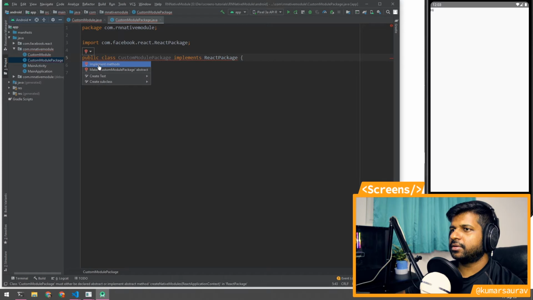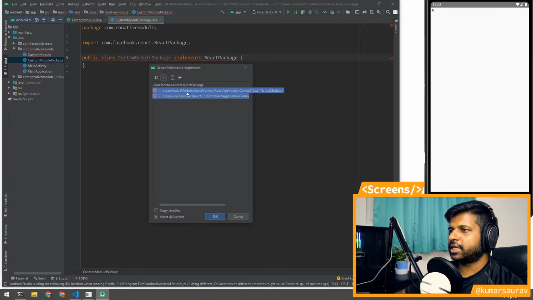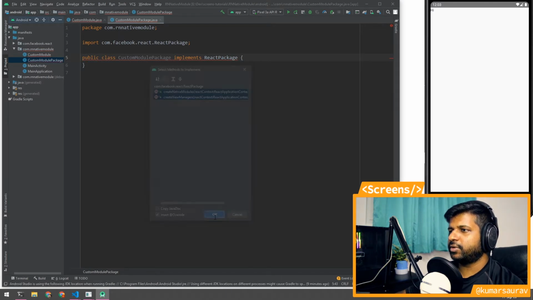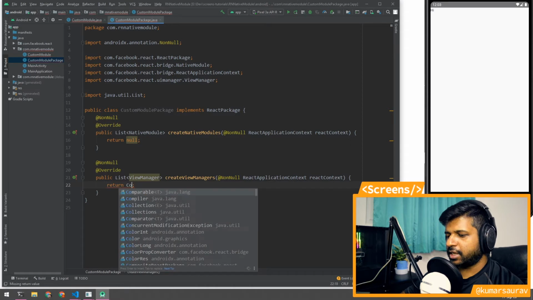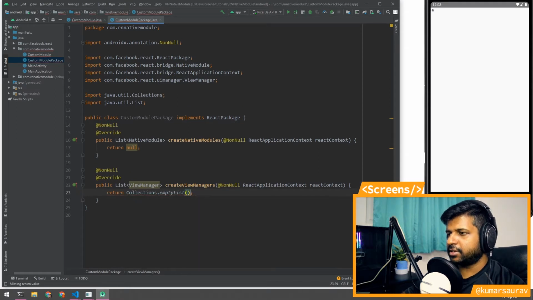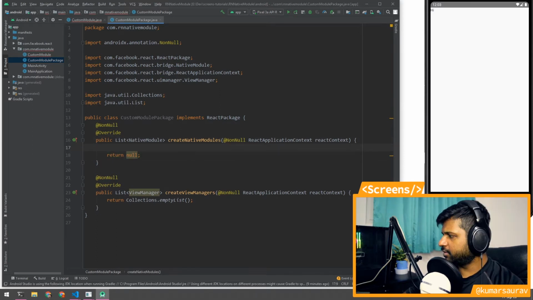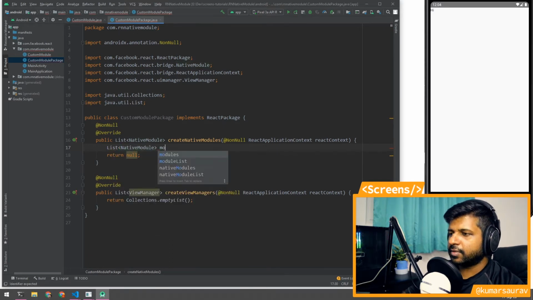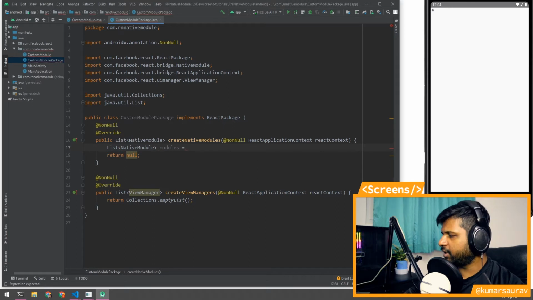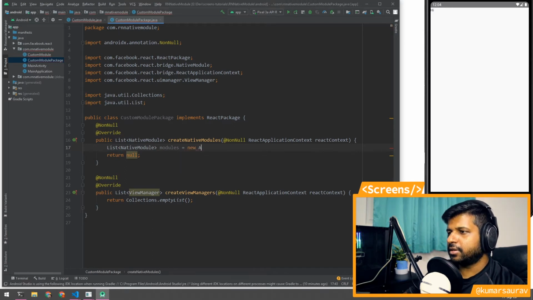We need to implement certain methods, which are create native modules and create view managers. In the view managers part, we just need to return Collections dot empty list, and in create native modules, we need to create a list. We need a list of native modules, we'll call it modules, and initialize it with new array list.